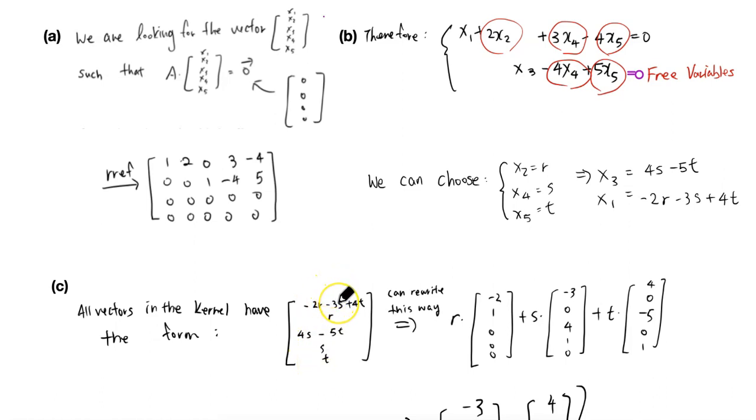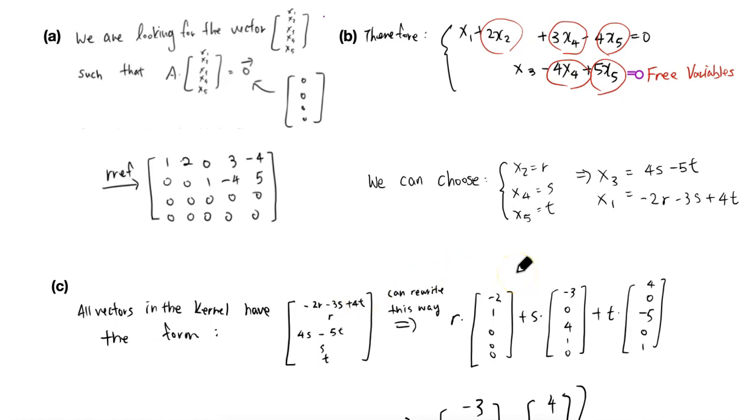This one negative 3, this one 4, and this one 1, plus a term for the t, so 4, 0, negative 5, 0, 1. It's much easier to think about what we got here by going backwards. We would just add, and this is the final result typically, but this time we do it the other way around, and there's an extremely valuable reason why we do that, and that is that we can see now that